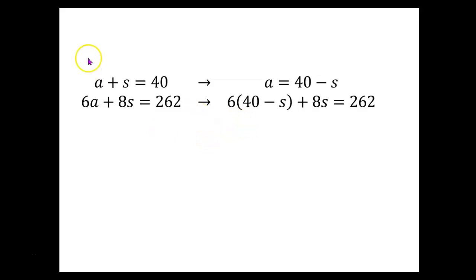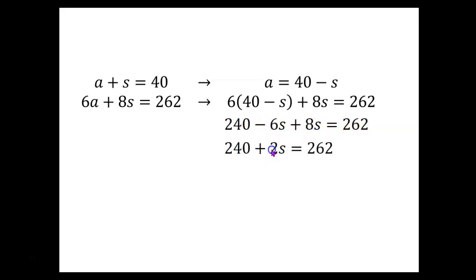And just for the heck of it, I decided to use the substitution method. So I took the top equation, left the a where it was, but subtracted s on both sides so that it was solved for a. A equals 40 minus s. So, okay, 40 minus s, you go in for a in this second equation, which turns it into 6 times, there's where we made our substitution, 40 minus s plus 8s equals 262. From there, multiply this out to get rid of the parentheses, and we get 240 minus 6s plus 8s equals 262. Combine like terms. 240